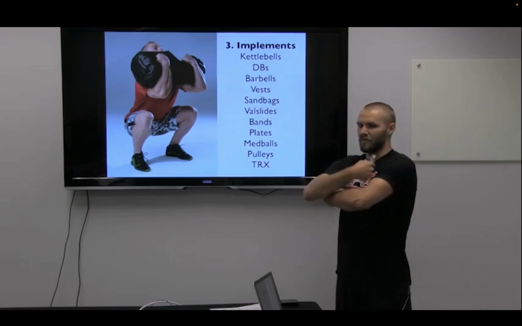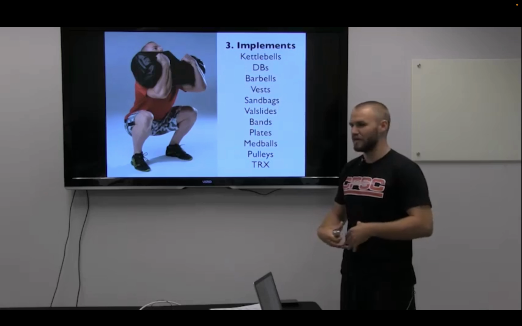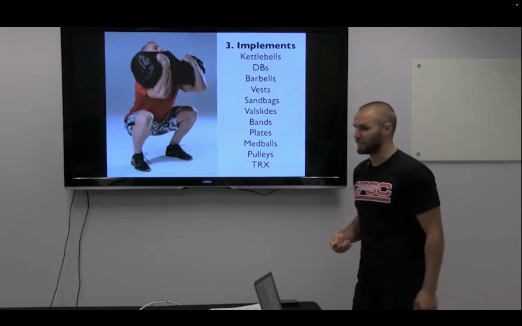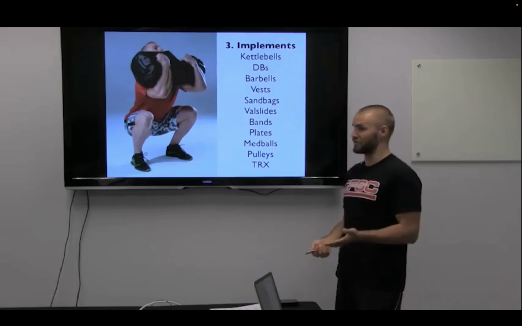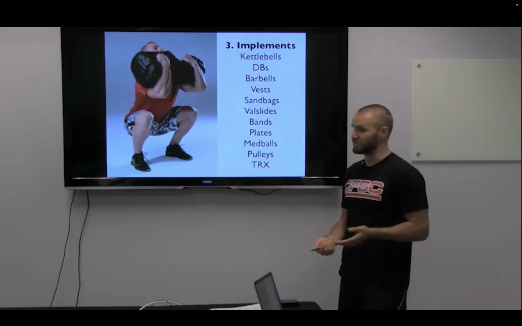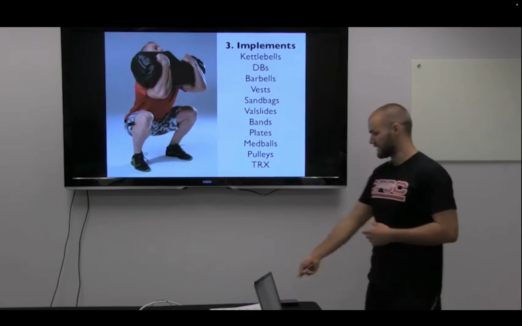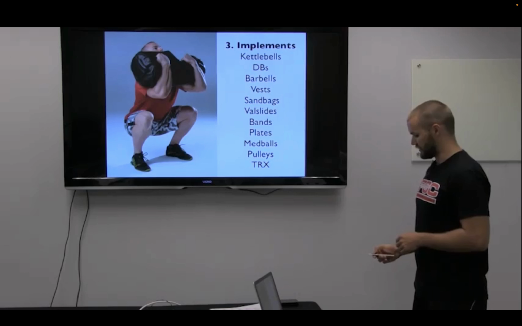Because for some reason, the bear hug position turns on all your lats and your core, and you don't have to coach anything. You just tell them to hug that sandbag as hard as possible. So a sandbag squat is a pretty good regression for somebody who can't do a regular body weight or goblet squat. That's just an example. And like I said, it's up to you guys to come up with all your own examples, regressions and progressions, or add to ours.